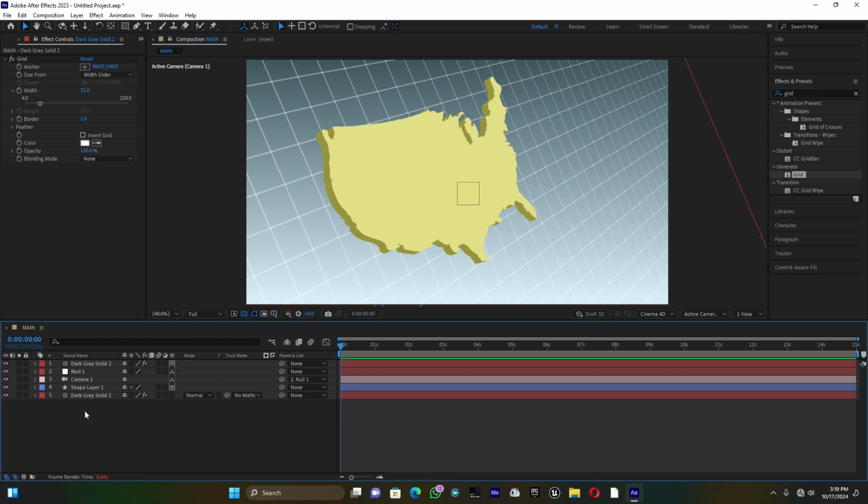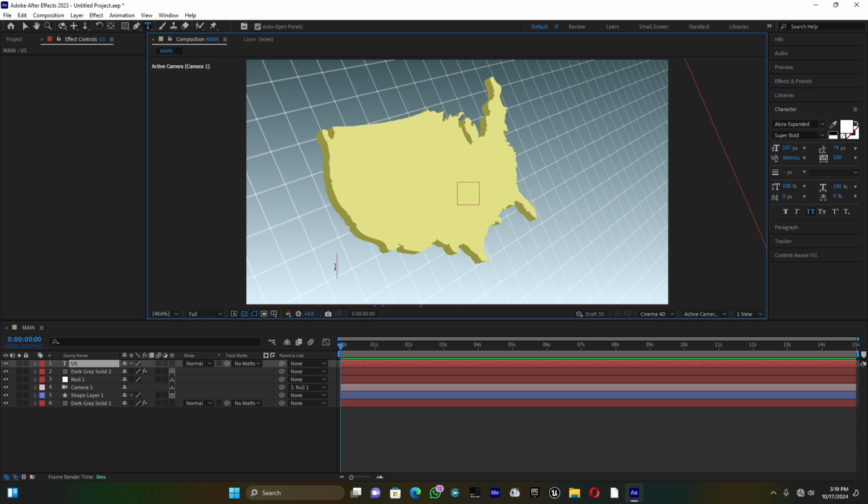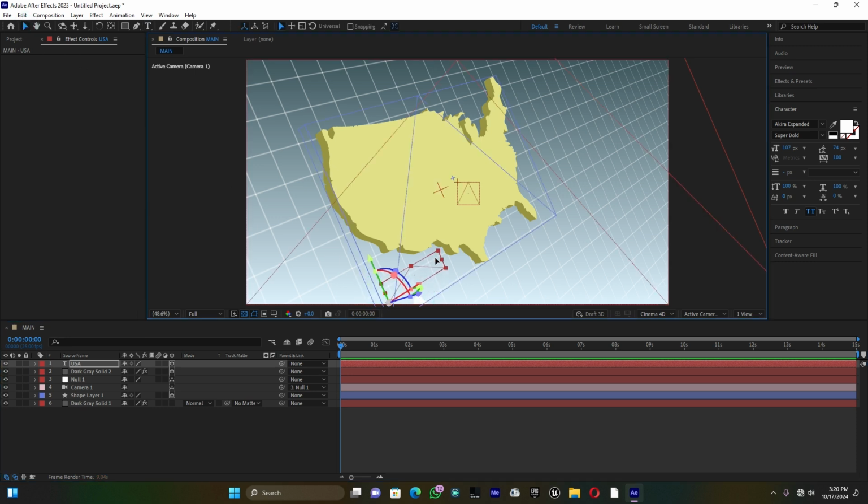Okay, and the next, come here on the text. I'm going to type the text. So here you can type any text you want. So let me type USA. Yeah, you know, this is the map of USA, guys. Okay, so now after typing the text, you have to enable the 3D icon also, the text must be in a 3D dimension. Let me use this selective tool to move this text up,